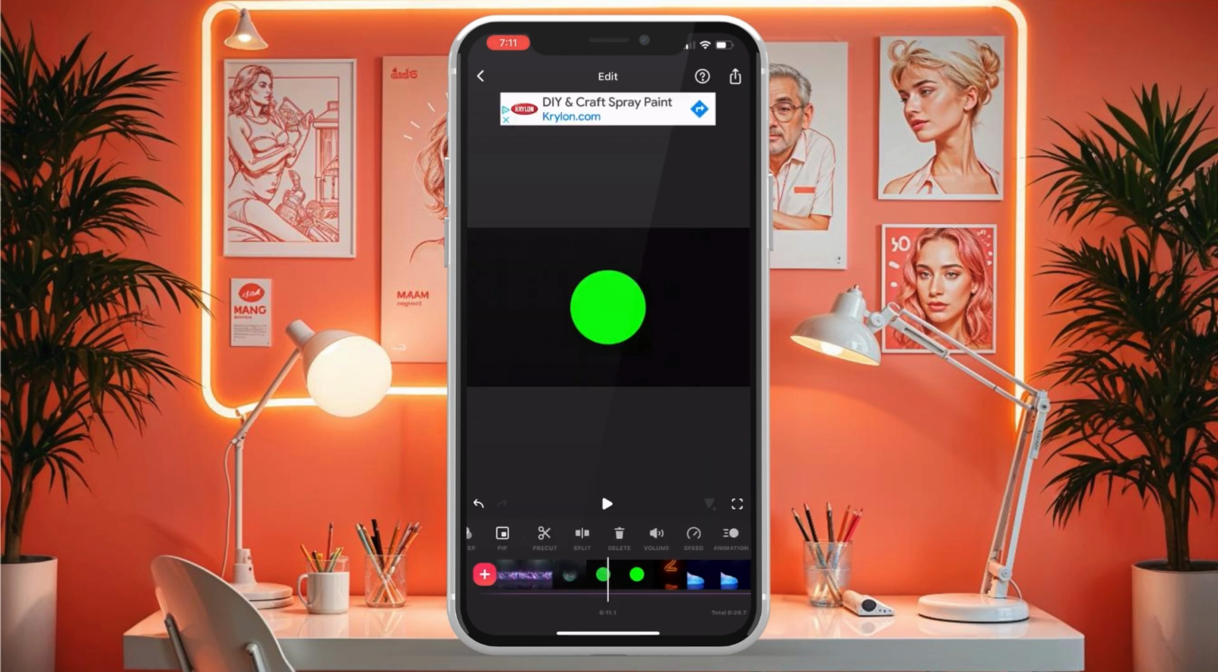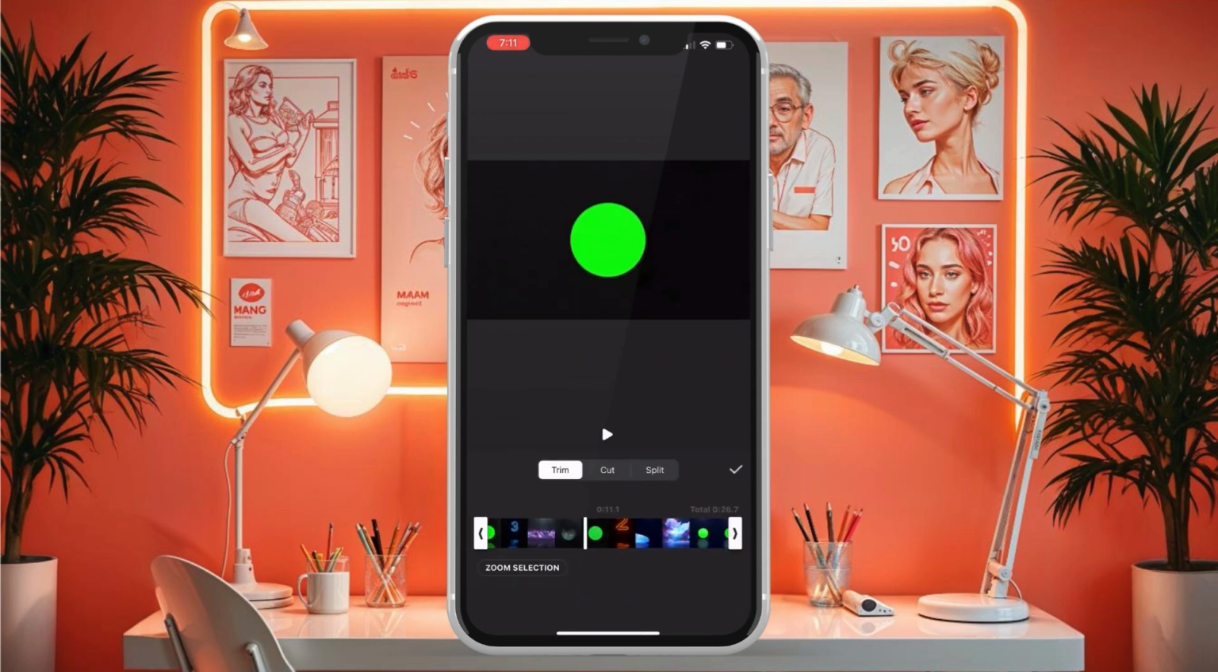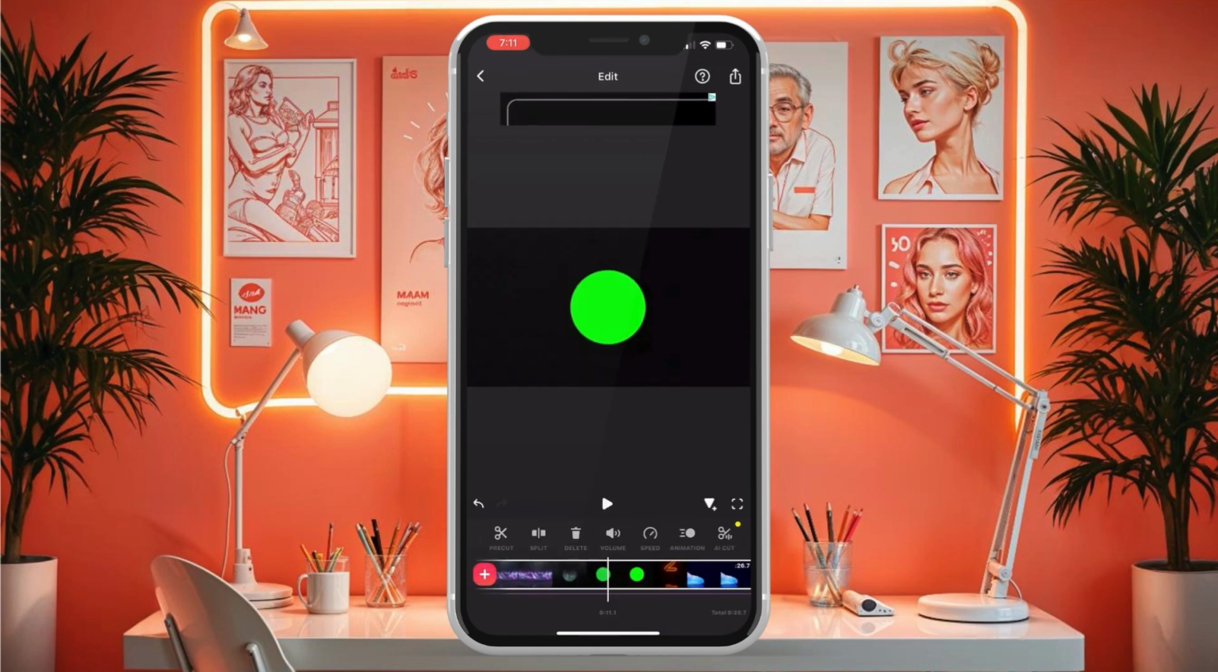Up next, we have the Precut Tool. Here you can trim, cut, or split your video. This tool works just like the split tool. Just to give you an example of how the split tool works, move the video to the selected portion, and